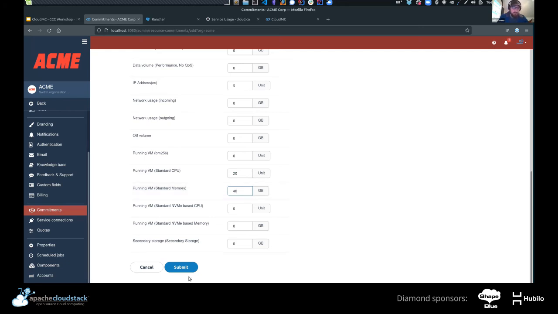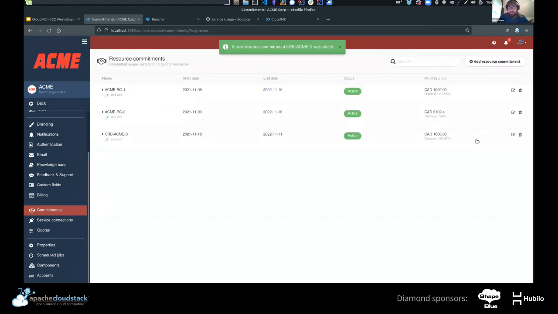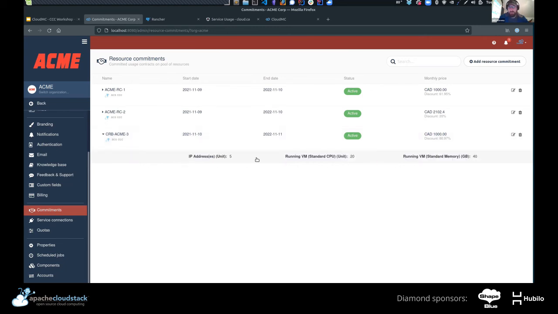And if you submit, what you'll see is that it calculates the discount of what it is versus the pricing that is currently set up for this account. And it also shows you what your allocation is for that.